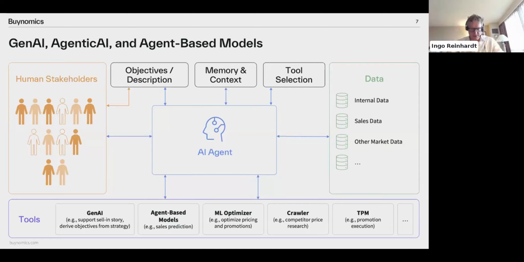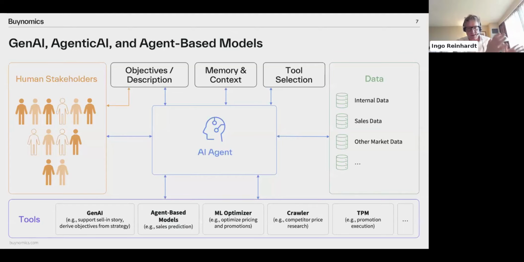And the idea is that this AI agent sort of is in the middle, coordinates, as we said before, with the human stakeholders, but so in total coordinates all the different activities that are on the data side. That includes typically defining objectives together with the AI agent, in the sense that the human